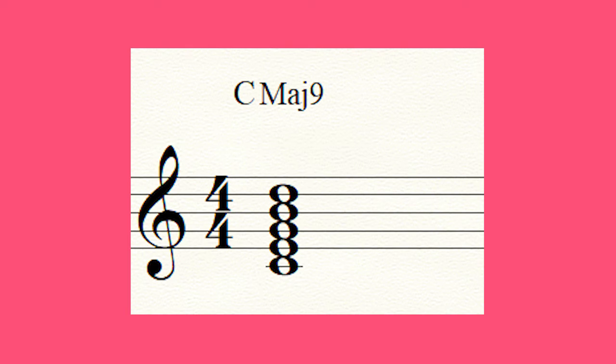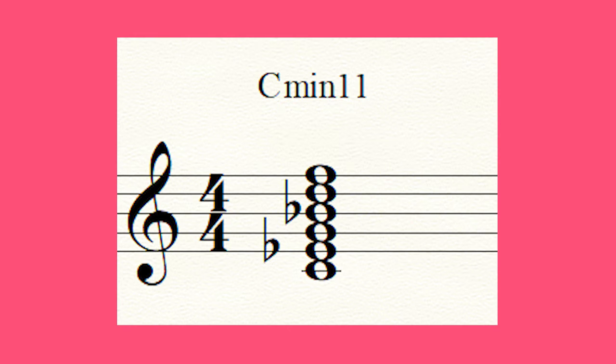Quick aside, this can also help you in reading chord symbols if you play jazz or fusion or funk or soul music or something like that. If you see a C major 9 chord, it's a C major 7 with a 9. Same thing if you have a C minor 11 chord, that's a C minor 7 with 9 and 11. You keep going up to whatever scale degree or tension you have in the chord name. Now,